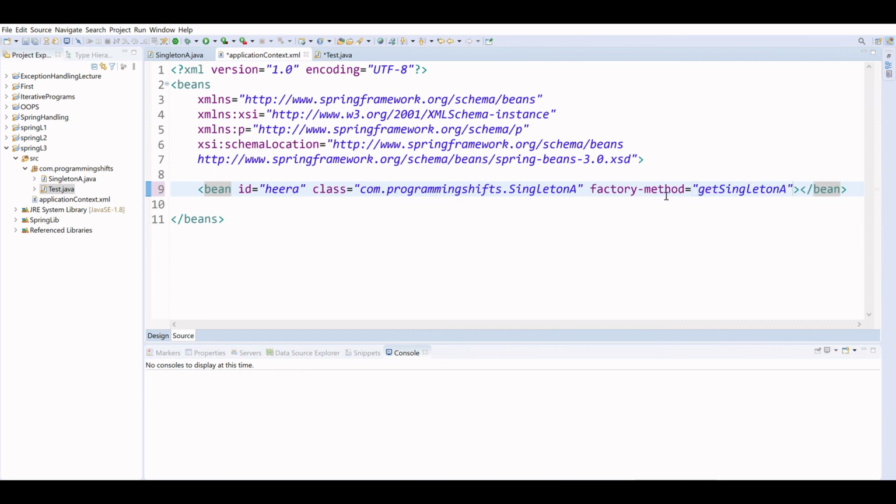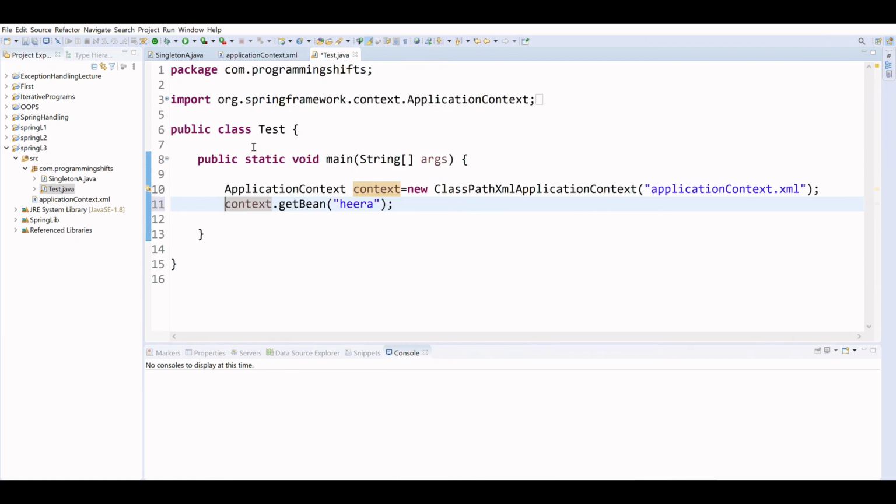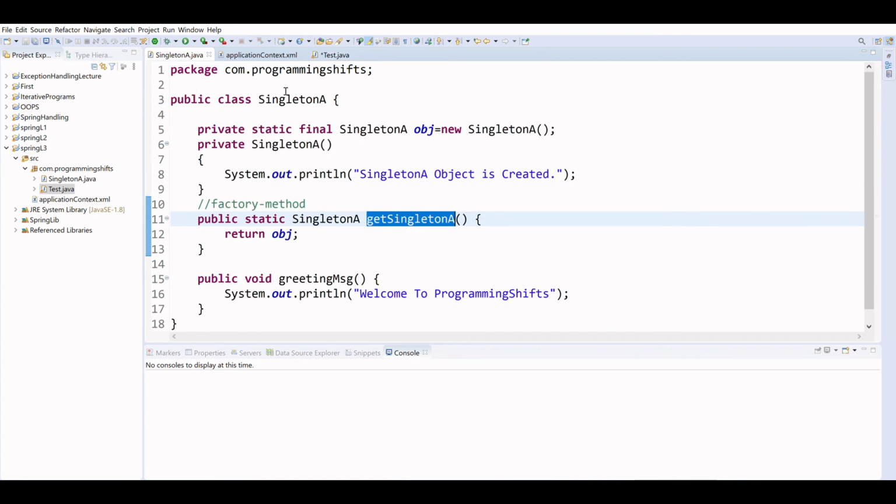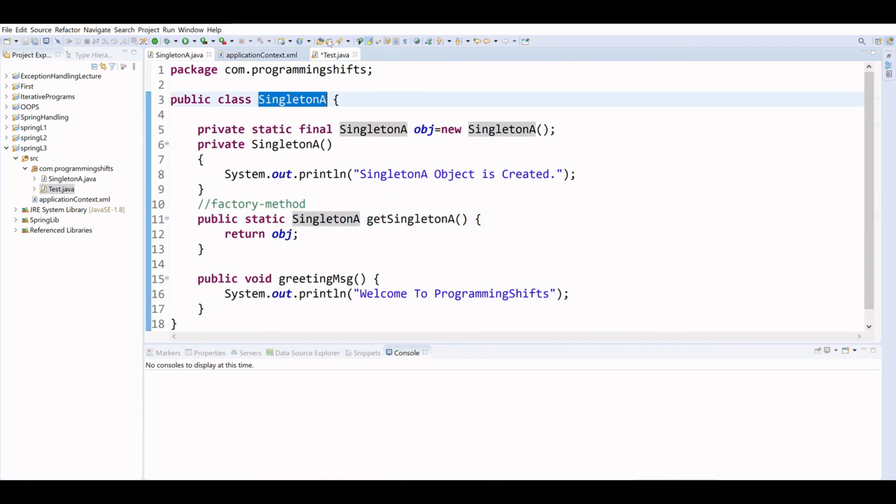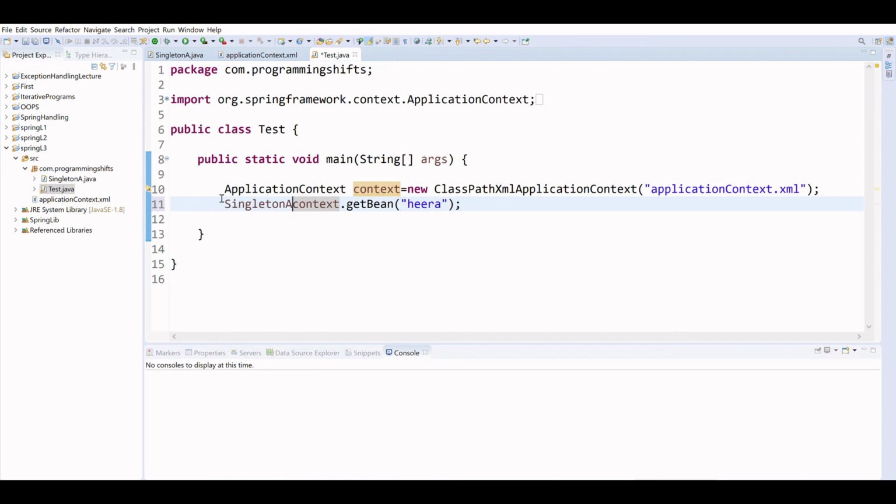So this is the factory method, and you have to give it. Now, the factory method will create an object at runtime. So the object a is there, and we have to typecast the object that will be returned through the context. And now you have an object of singleton, right?